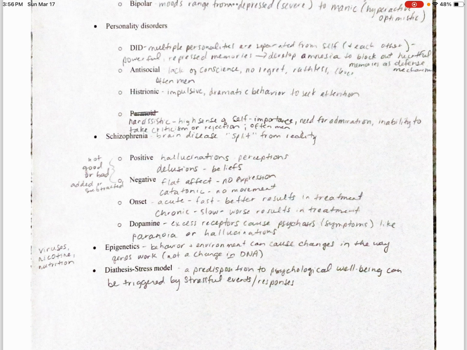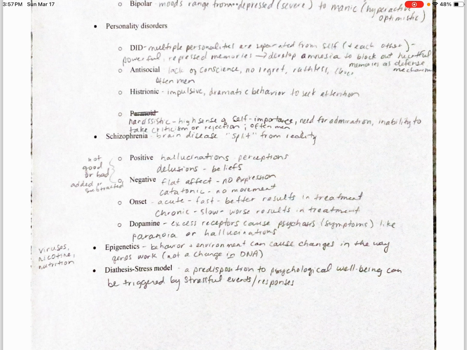Let's talk about the onset. If it's acute onset, it means the symptoms come on very fast. And I mentioned this earlier, it doesn't happen and then it happens, like you're noticing some of these symptoms within a couple of days. Depending on the age tells us a different kind of schizophrenia, type 2, we won't get into all of that. But if symptoms are coming on very fast, it's acute onset, and there are more effective results